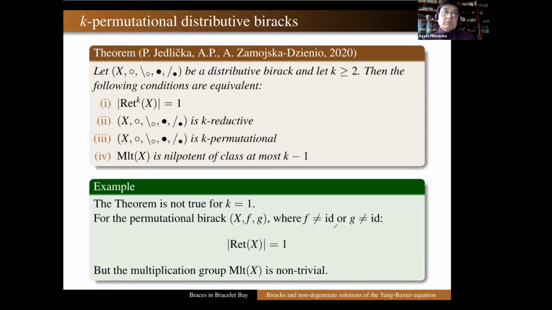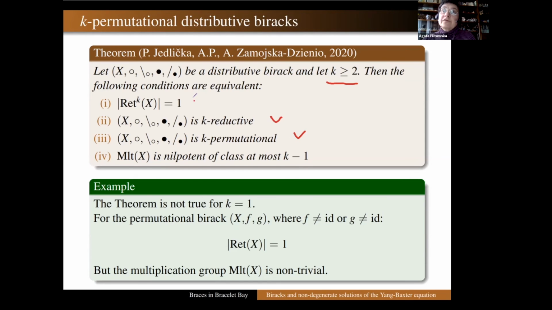And using similar ideas, Tatiana, we proved that for a distributive Birack, and k greater than or equal to 2, a distributive Birack is k-permutational if and only if it is k-reductive,